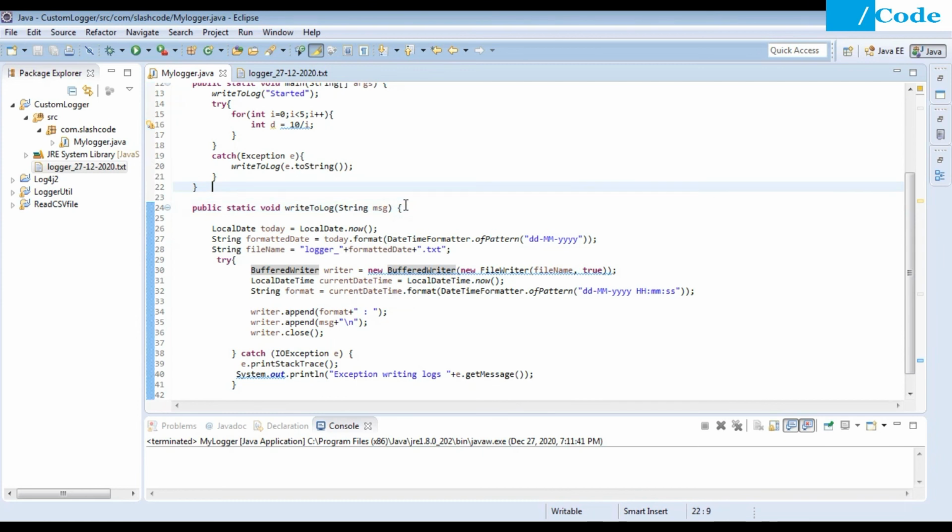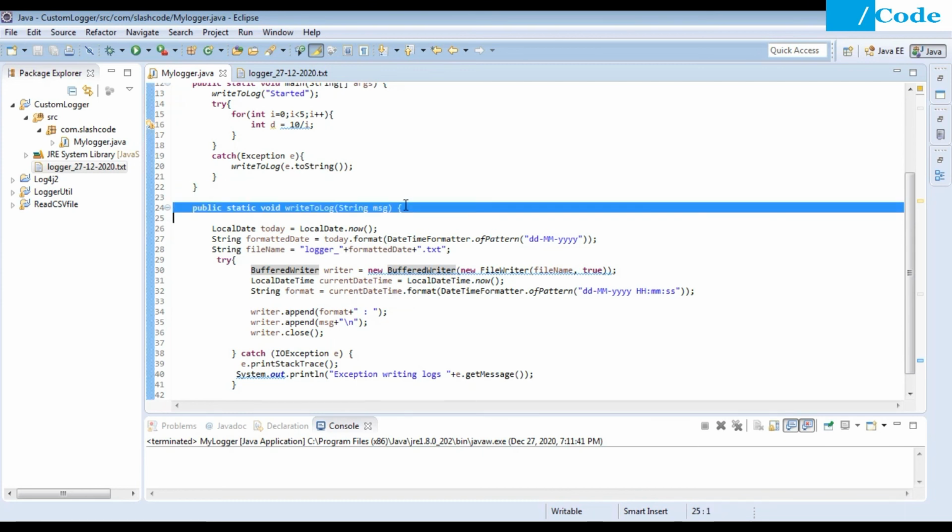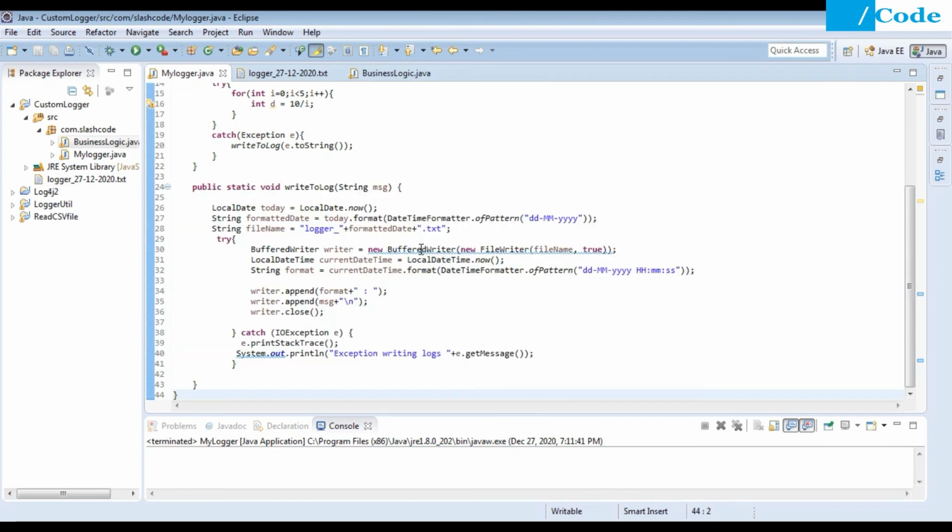But if I want to reuse this function once again in another class, consider any enterprise level application where we want to create a function which is independent of any class, so that I can access my logger from any of my classes in any of the different packages. Then how do we do that? We will check here.